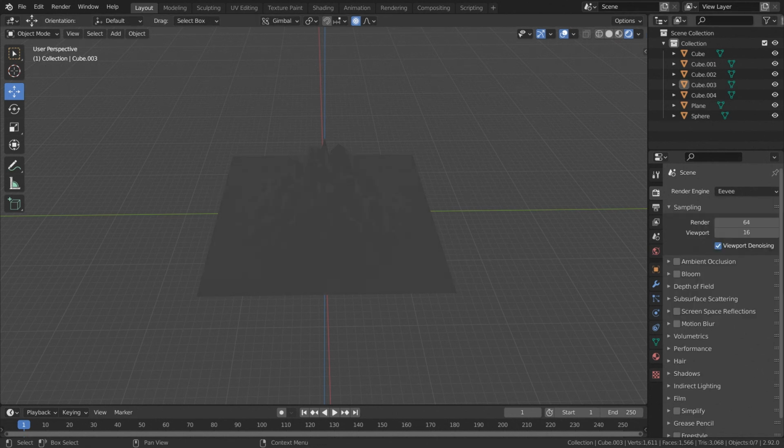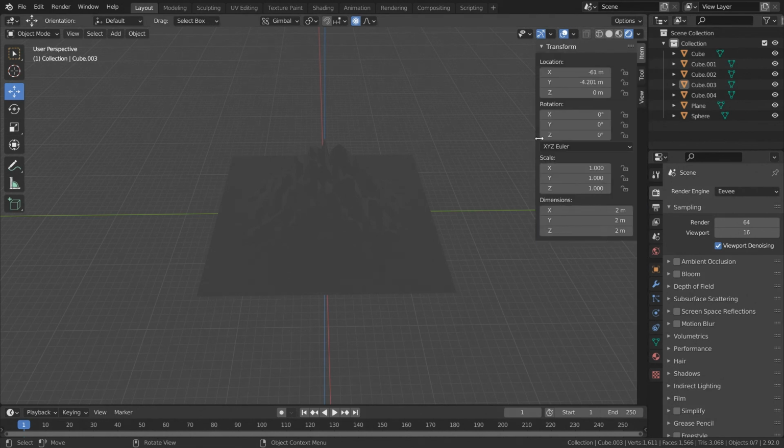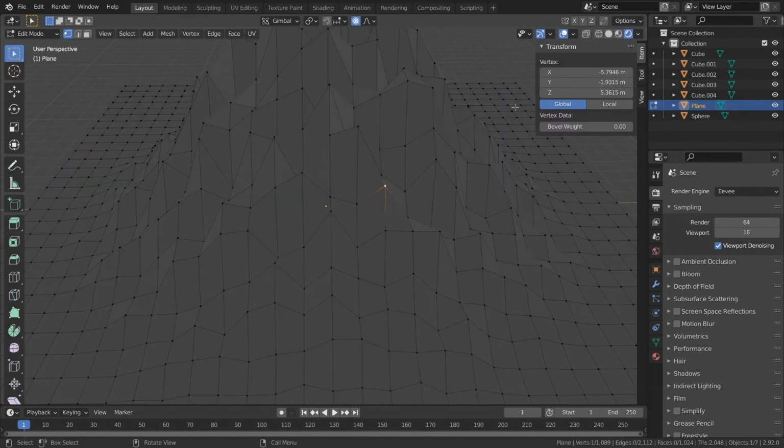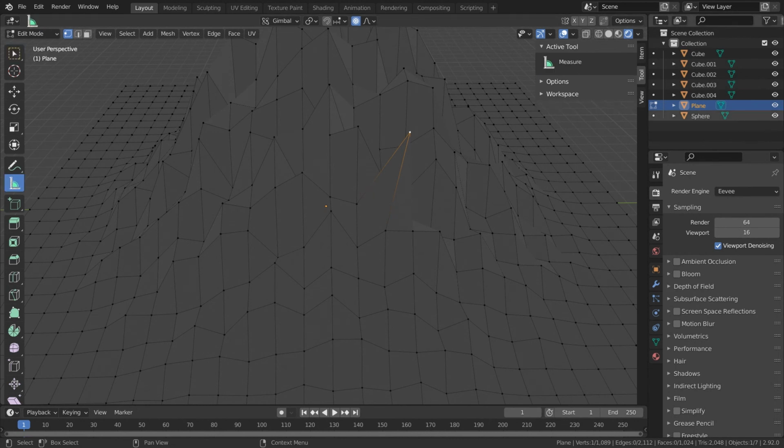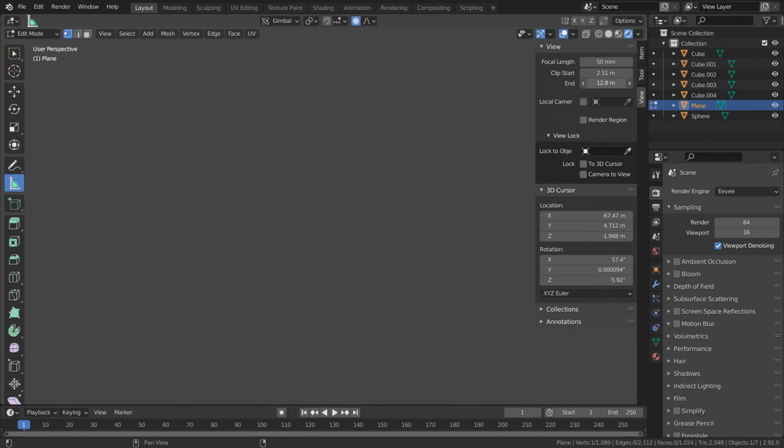And finally, we have the side panel, also known as the N panel within the Blender community. This has an item tab which lets us manipulate the transform of the currently selected object, which could be a vertex, an edge, a face, or an actual object. The Tools tab shows us some properties related to our current tool. And the View tab lets us change things about the viewport camera, which is not an actual camera.